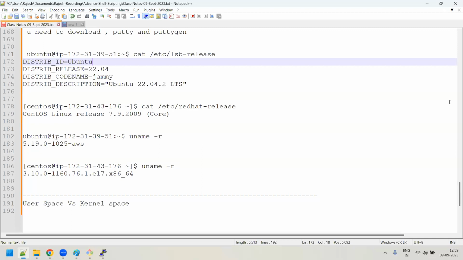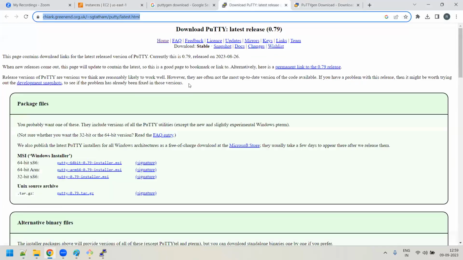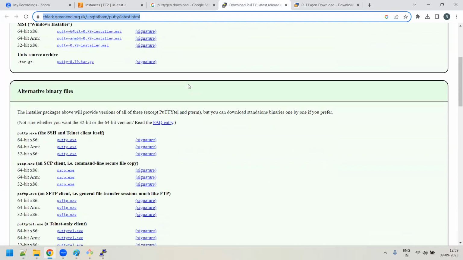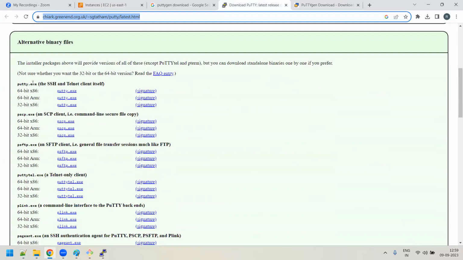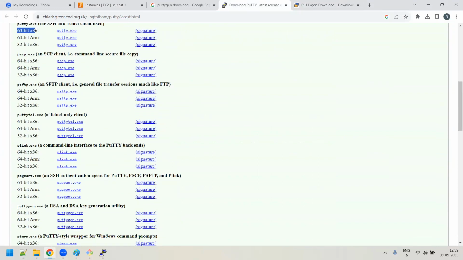Okay. Same, Priya. Guys, if you go to this link and come down, can you see here there is putty.exe? Please always try to download the 64-bit x86 putty.exe. This is the one which you have to download. And if you come down, can you see puttygen.exe?